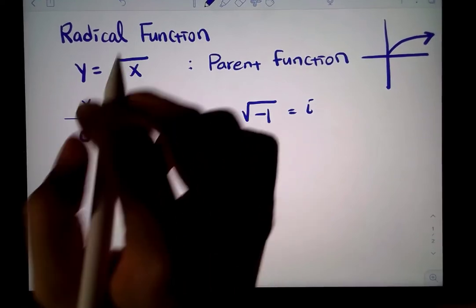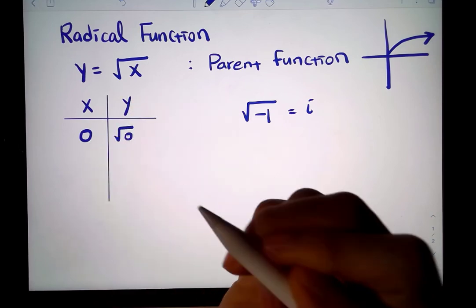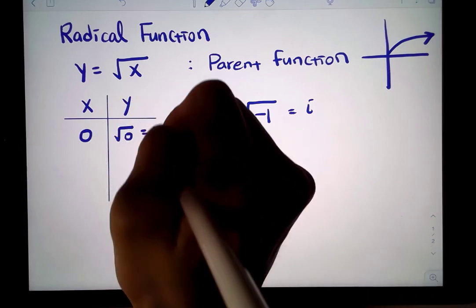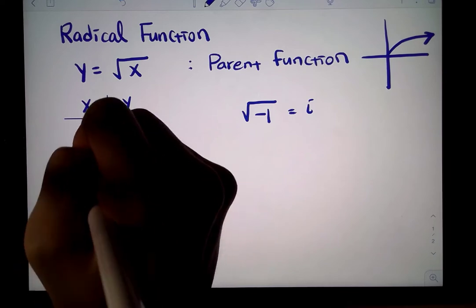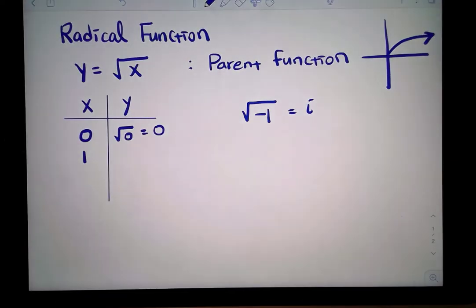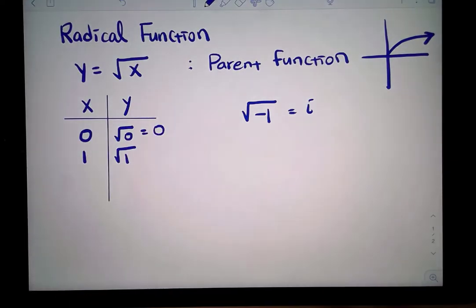And then think about it. If x is 0, then what do you get? Square root of 0. So that is 0, right? And then let's think about 1. What if I have 1 for x? Then you get square root of 1, which is 1,